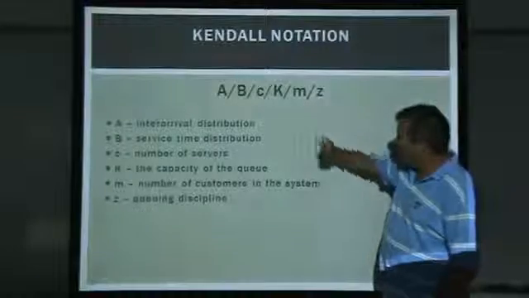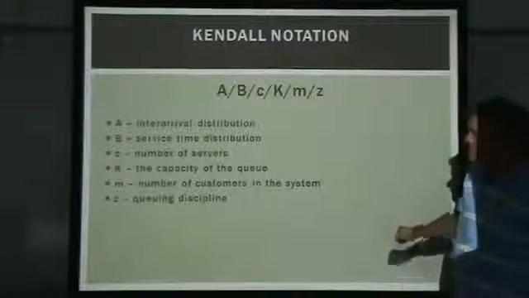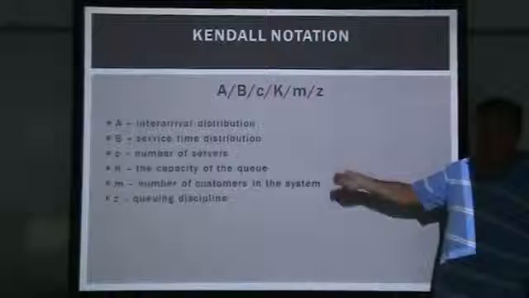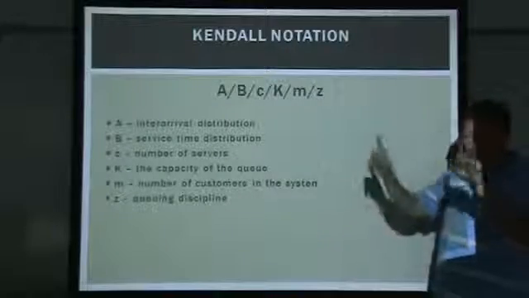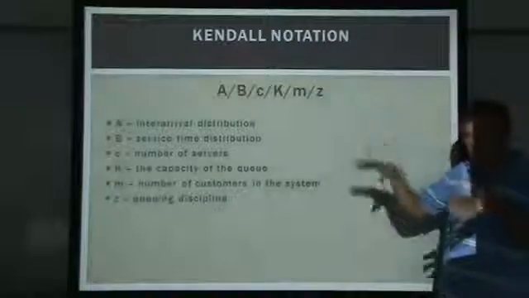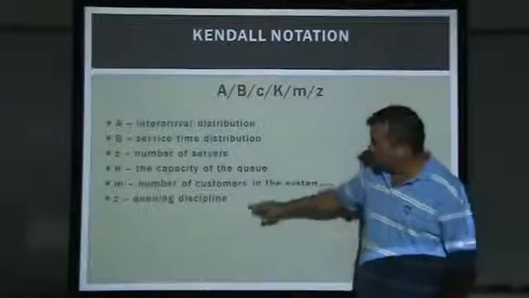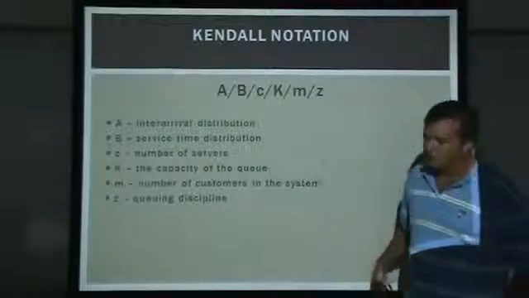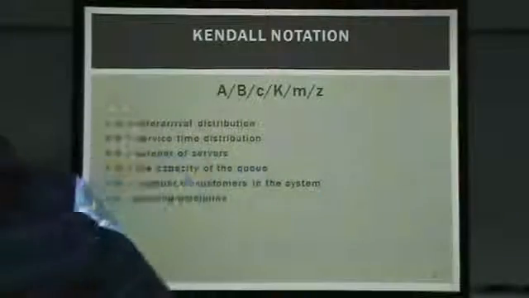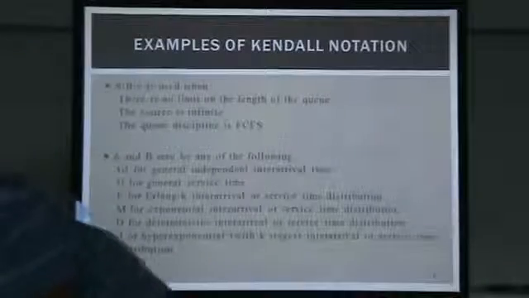Then n would end up being the number of customers in the system. We could have an open system where they could keep coming in from the outside world, or we could have a closed system and we say there's only 10 processes bouncing around. And then Z would be the queuing discipline, like first come, first serve, but there could be other queuing disciplines. So for example,